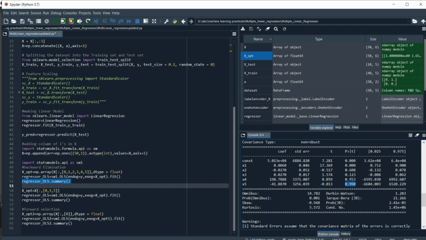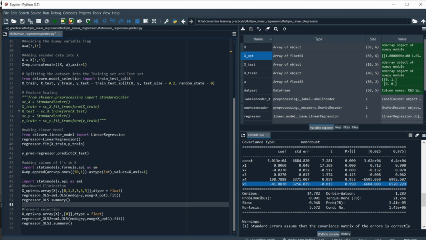So we are going to remove this column from our model because it is very weakly related. In x_optional, the fifth independent variable has 0.99, which is quite more than our threshold value.